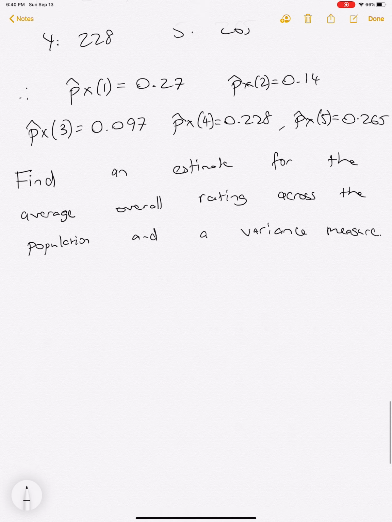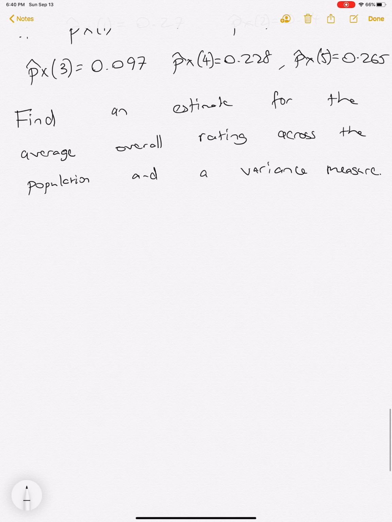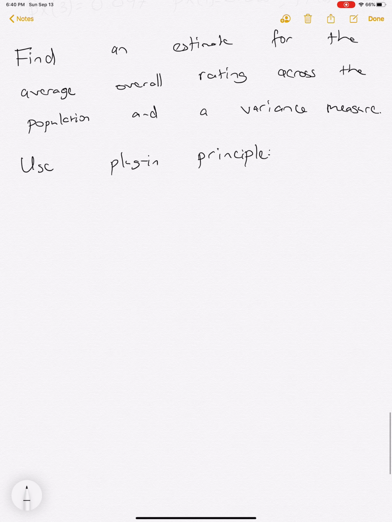This is where we can use the plug-in principle. Again, we've learned these formulas a different way, but I'm illustrating the plug-in principle here. We know that mu hat is equal to x bar,